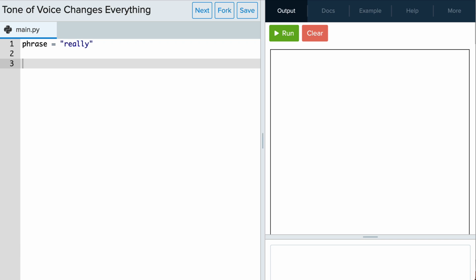If we're yelling in text speak, we use all caps. Now we could just set the yelling variable to "really" in all caps, but if we wanted to change the phrase and have this update as well, that wouldn't work. So we need to alter the phrase variable instead of hard coding the answer here. To change a string to all uppercase letters, we can use the upper method. So I'll just set the yelling variable